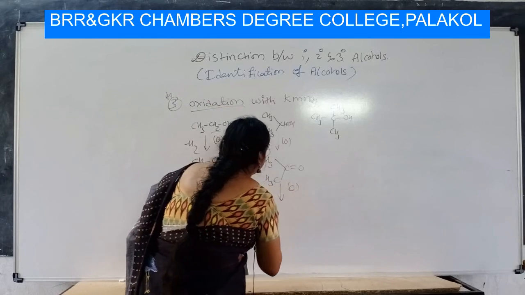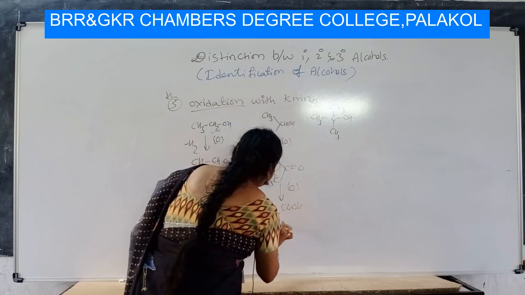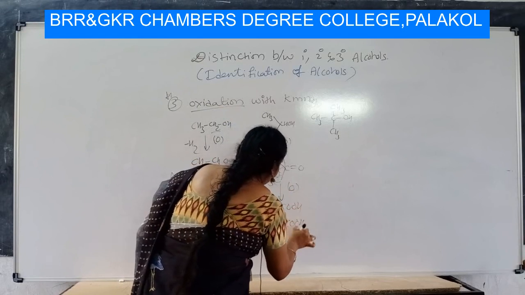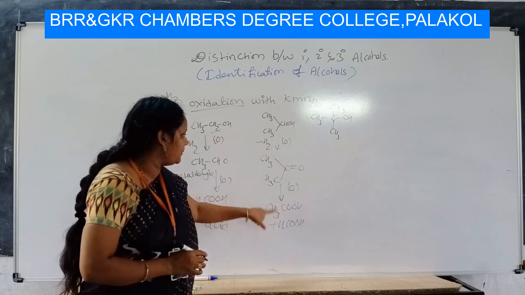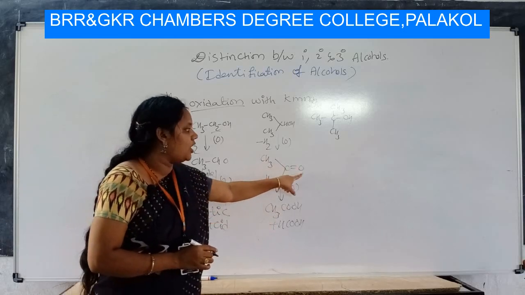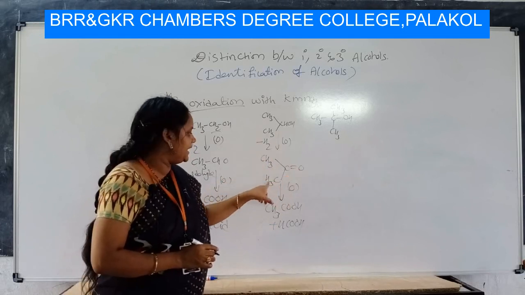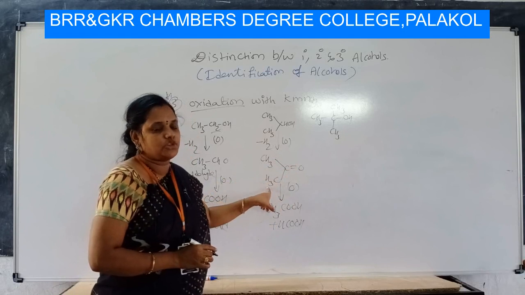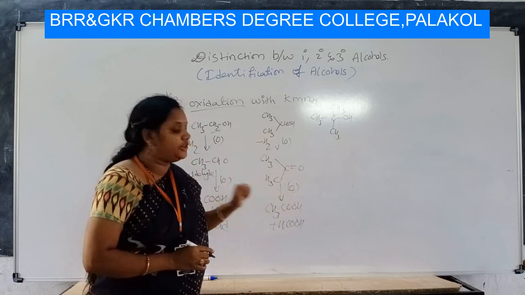On further oxidation, you will get acetic acid plus formic acid. CH3CO, O is added from oxidation and H comes from here. Here CH2 is remaining. That CH2, again with the help of oxygen from the oxidizing agent, will be converted into